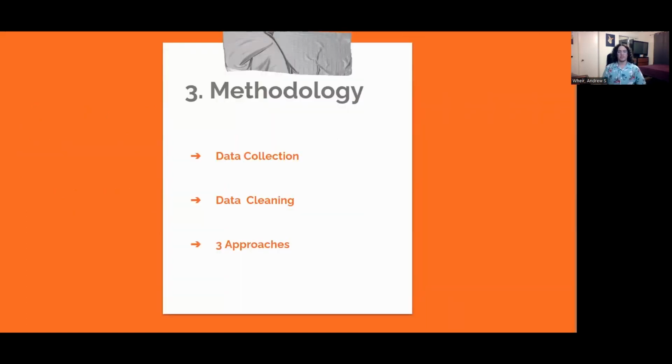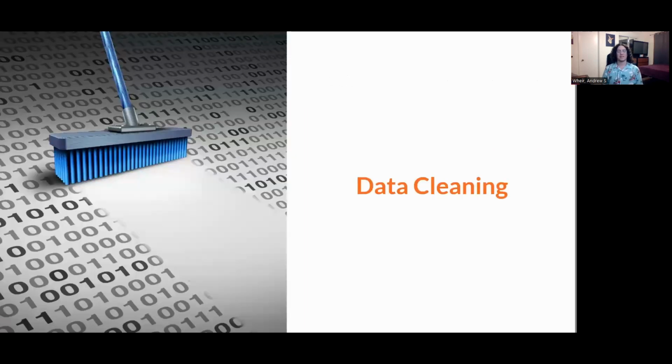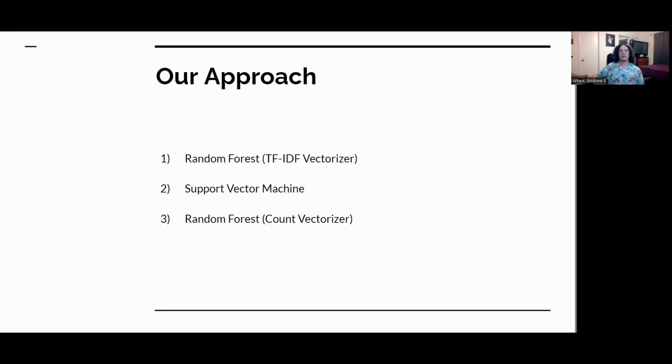So for our methodology, we decided to collect our data from Kaggle. The main 2 reasons were because it was a supervised data set and already labeled. The other reason was because the N-gram analysis paper that I mentioned earlier used the same data set. The next thing we had to do was data cleaning. This is getting rid of stuff like Twitter handles, usernames, special characters, links, dates, stop words, and we also performed stemming, which is to reduce the complexity by shortening a word into its base form, like the word running or runner, which is turned into run, that sort of thing.